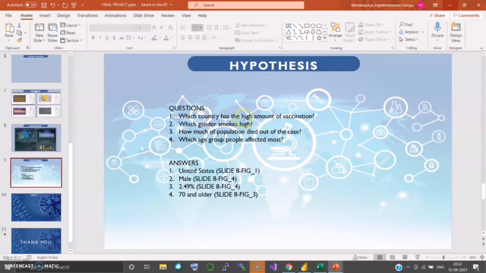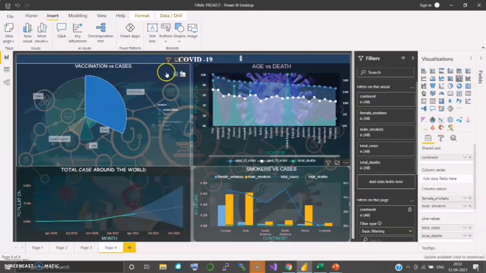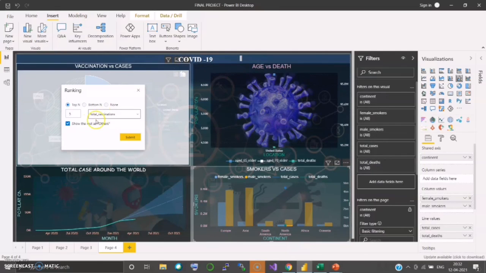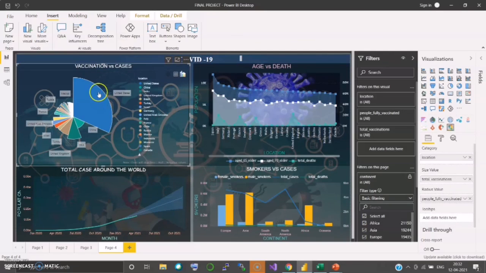Question number 1: which country has the highest amount of vaccination? Let's go to the chart. We can see the highest amount of vaccination here. I'm going to remove others here. So we can see the United States has the most vaccination.